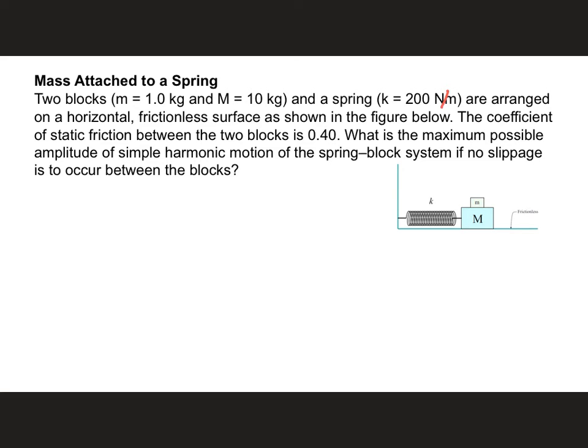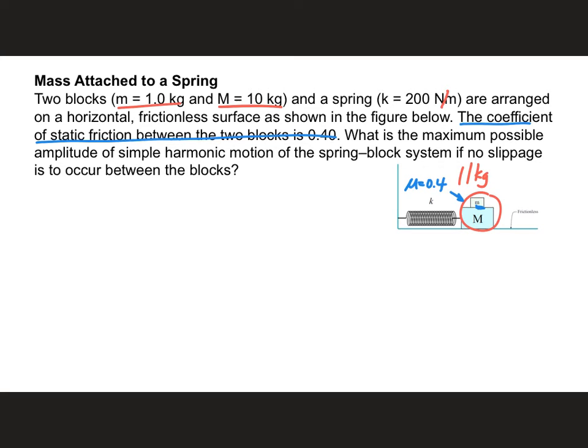All right, so total mass of this system here, this is 11 kilograms, because we got a 1 kilogram and a 10 kilogram thing. So let's just log that piece of data. Coefficient of static friction between the 2 blocks. So right in here, 0.4. So mu up there, 0.4, even though it's frictionless down on the